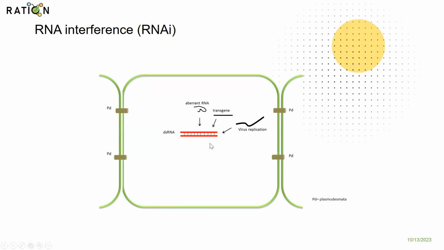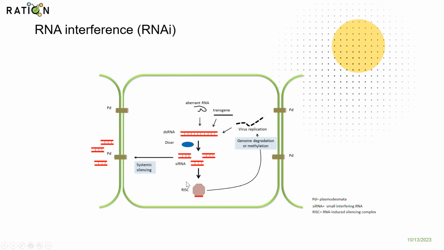Once the cell senses this double-strand RNA, the RNA signaling starts by the action of Dicer molecules, a protein which chops the long double-strand RNA into small interfering RNA, or short interfering RNA. One of these small RNAs will guide a degradation complex to degrade the RNA of the virus, for example, or cause methylation of the DNA in the case of the virus. But this small RNA could also trigger host DNA methylation, and in this case we are talking about